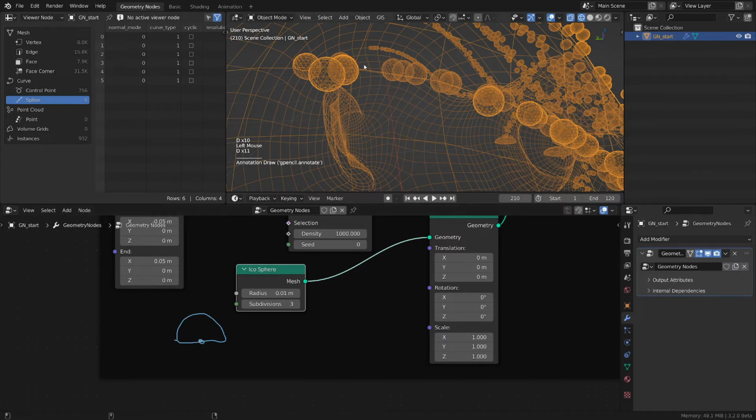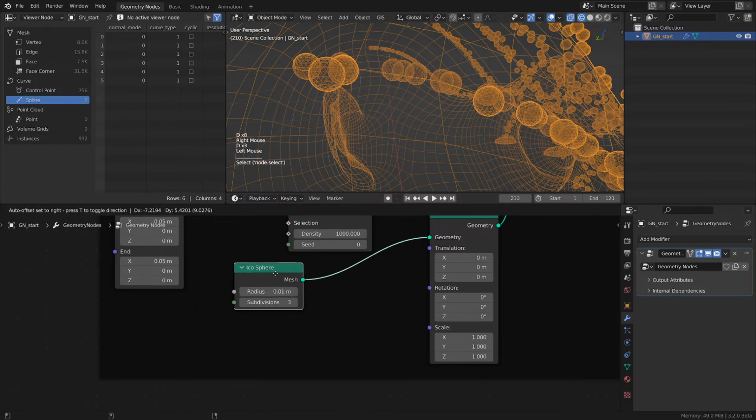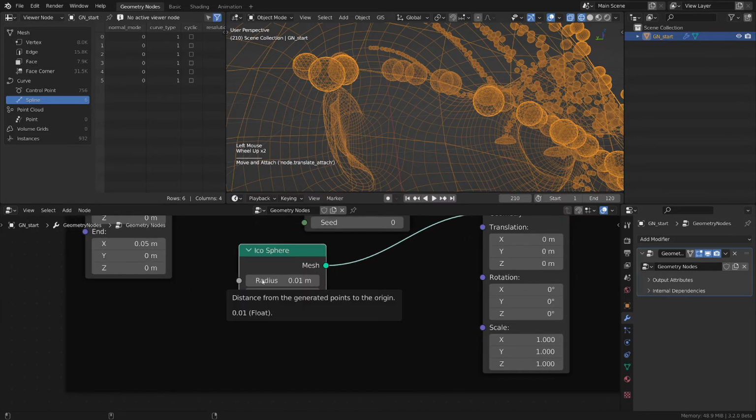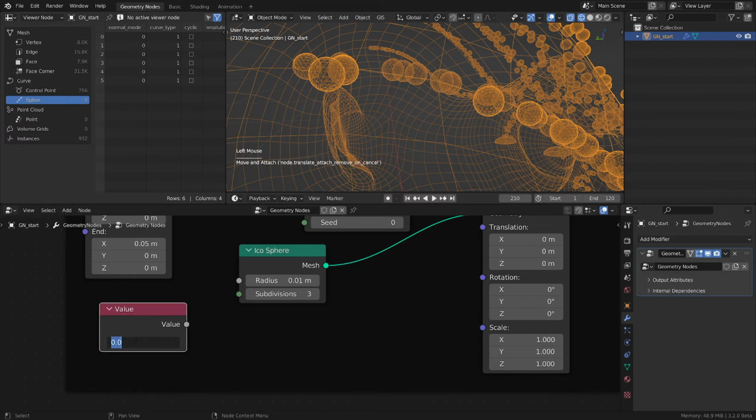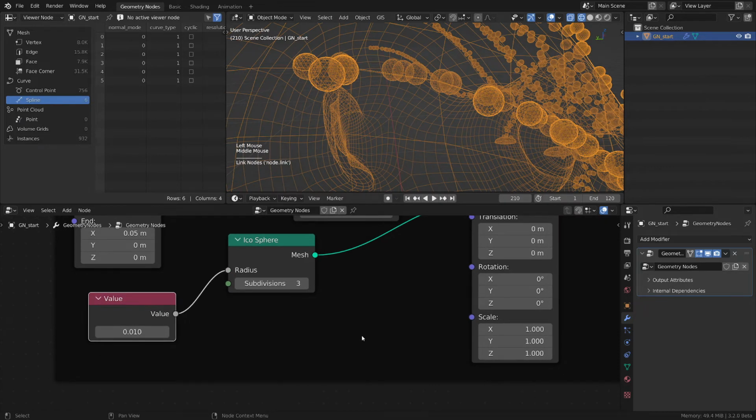So then the stuff gets instanced on the mesh we created. They will be instanced like this and not something like this. That will make them go through the mesh. So for that, we have to expose this value. So let's take an input value and do this 0.01 here. I'm going to plug this one here. And now let's